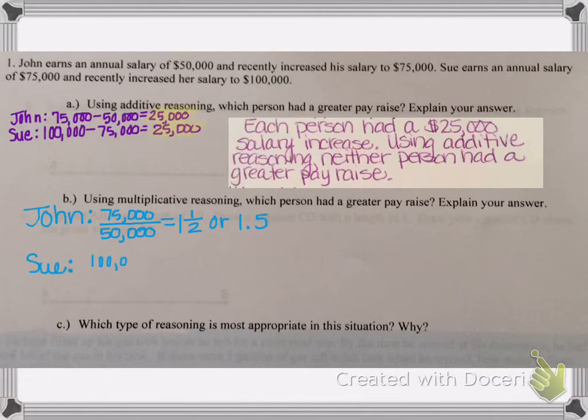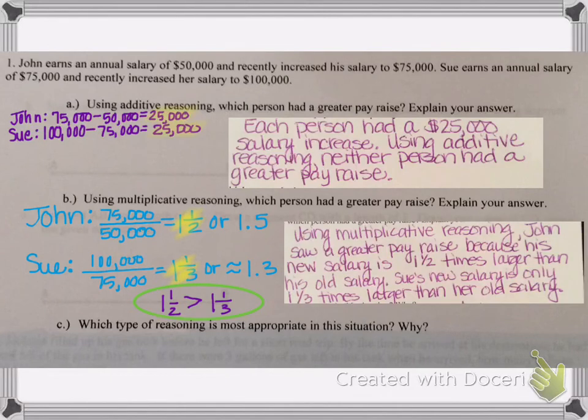When we compare Sue's new salary to her old salary, we get 1 1/3 or approximately 1.3. This means that Sue's new salary is 1 1/3 times as large as her old salary. Since 1 1/2 is larger than 1 1/3,